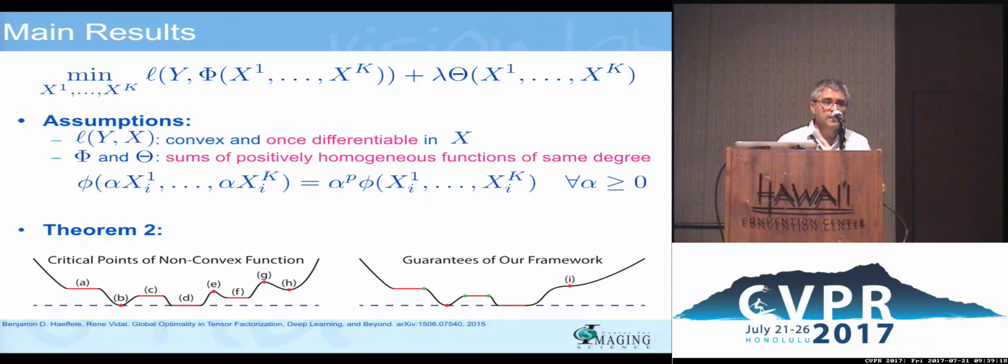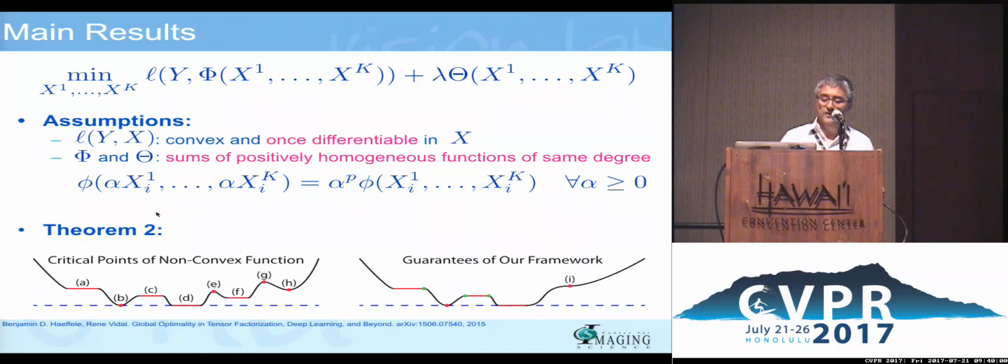Okay, so pictorially, what this second theorem says is effectively the following. If I give you a generic non-convex function, the landscape could be fairly complex. So look at this region A here. That is a flat region. It's maybe called a saddle plateau, right? Because it's not a maximum, it's not a minimum. B would be an isolated global minimizer. D would be a non-isolated global minimizer. And this picture is illustrating the fact that there could be many of them and that there could be an entire plateau of global minima. Of course, you could have local maxima and you can have local minima.